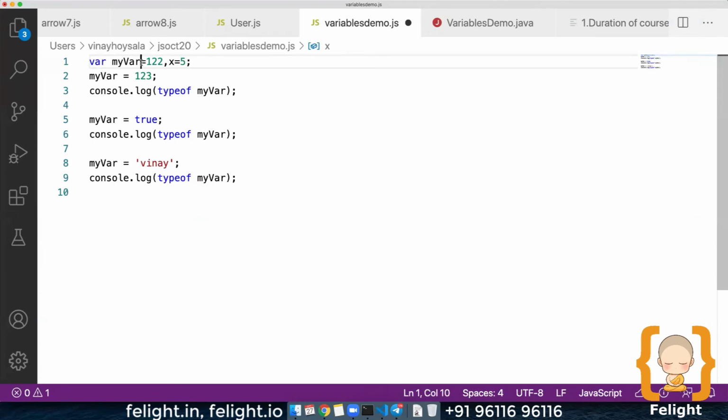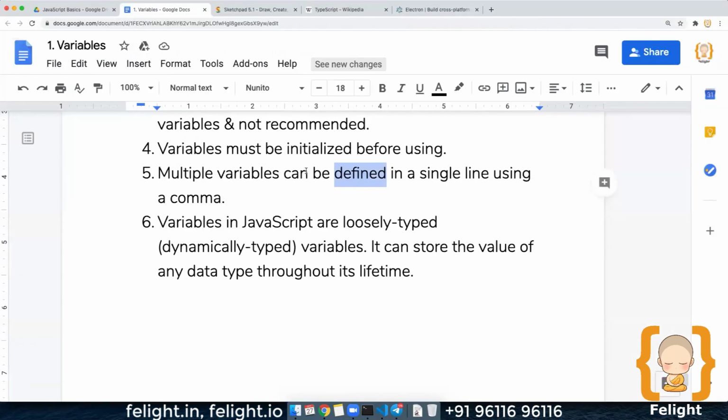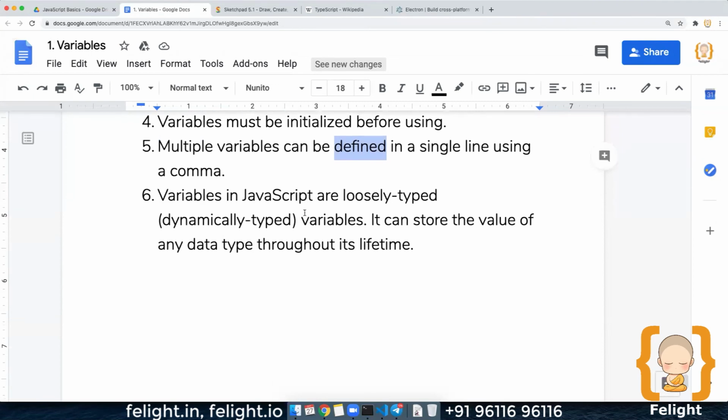Or you can declare a variable just using a comma like this, but you'll have to initialize it later. In this case, they both will have the value undefined, and then we are changing the values to 1 and 3 here. Make sense? Yes, sir. Variables in JavaScript are dynamically typed, so a variable can store a value of any data type throughout its lifetime.